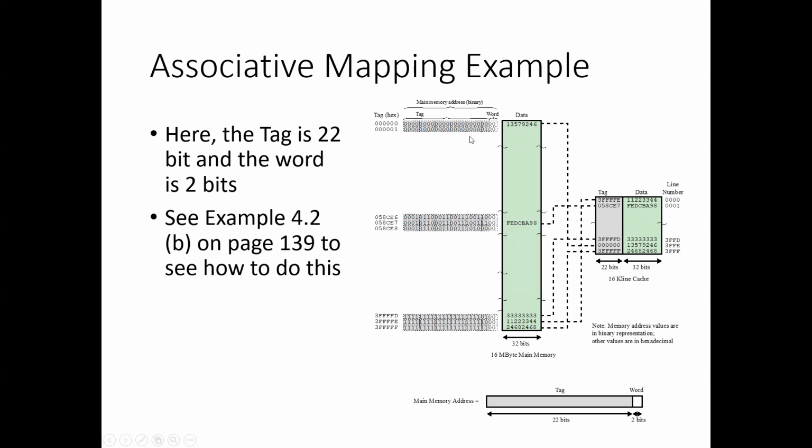So we have very long tags and we have small words, and then we read in the tag and the data. And that avoids that modulus problem or thrashing back and forth in main memory. This is example 4.2 on page 139, and you'll definitely want to take a look at this to see how